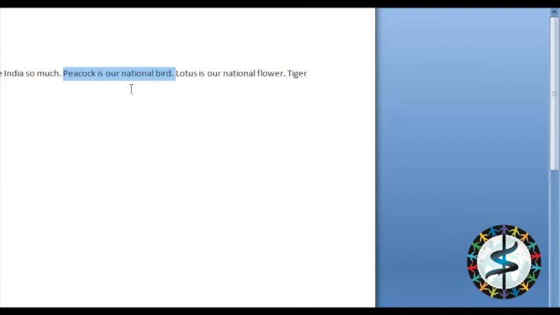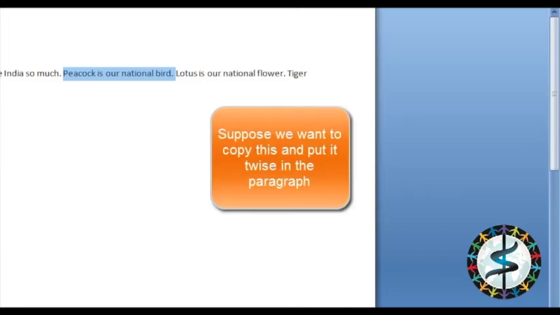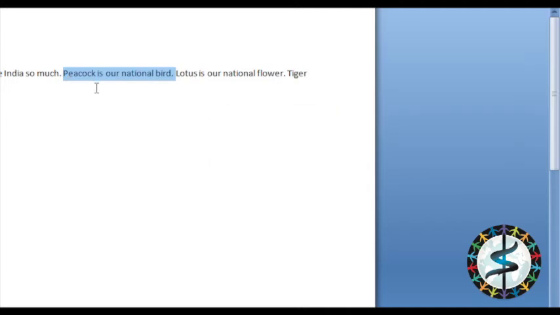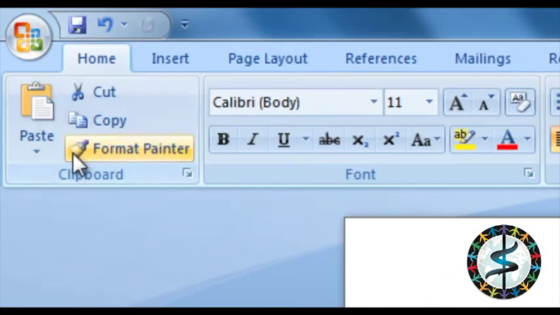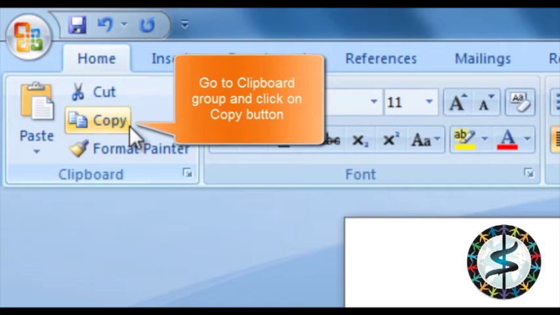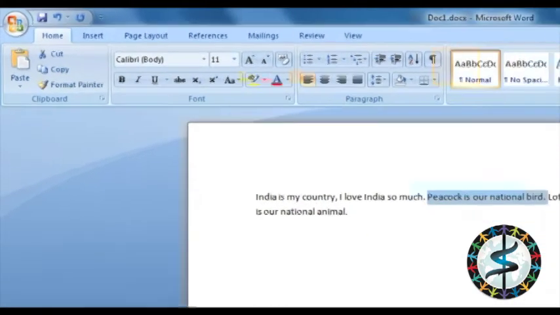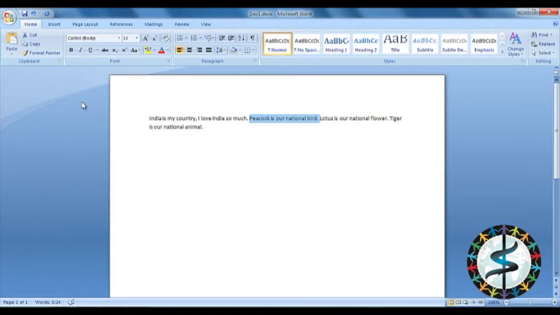Suppose now you want to copy this and you want to put it twice, once here and once at the end of our paragraph. So after selection, we will go to this clipboard group and click on copy. Now after clicking on copy, you cannot see anything here because there is nothing you can achieve from copying a text.